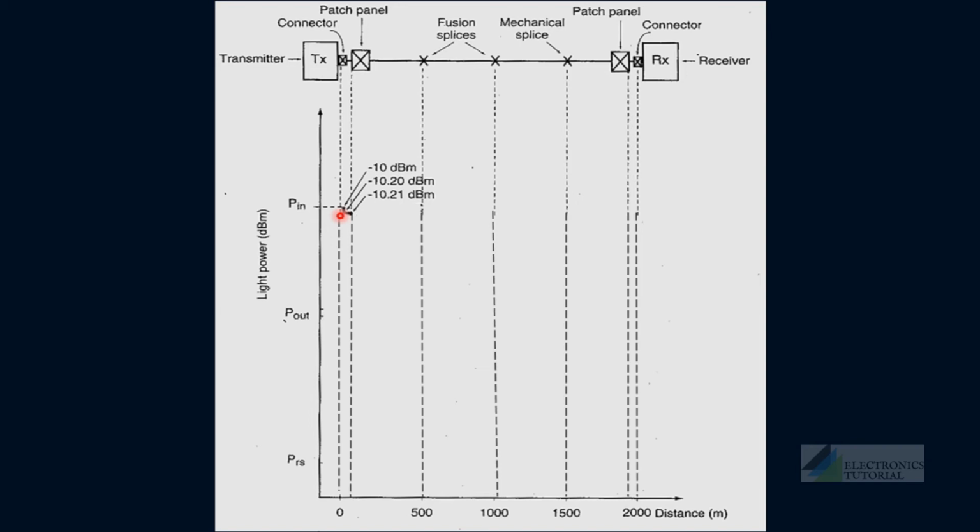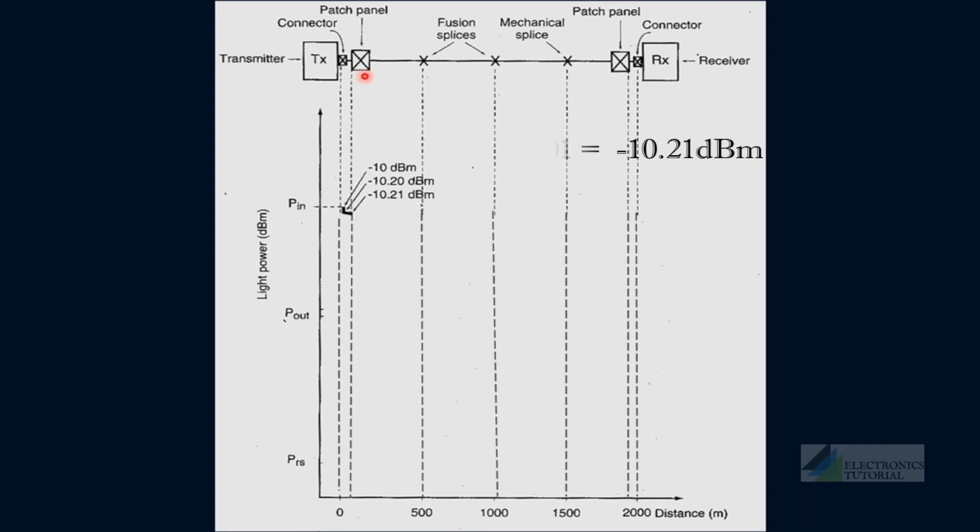Now we'll consider the next section. It is a patch cord cable. The specifications of the patch cord cable used here are: attenuation rate is 1 dB per kilometer, and the fiber used is with a standard dimension 62.5, and the wavelength is 1310 nanometer. This cord is used for a distance of 10 meter. So we will be calculating it as decibel per kilometer into the distance, that is 1 dB per kilometer into 0.01 kilometer, that is 0.01 decibels. This is indicated by this negative slope.